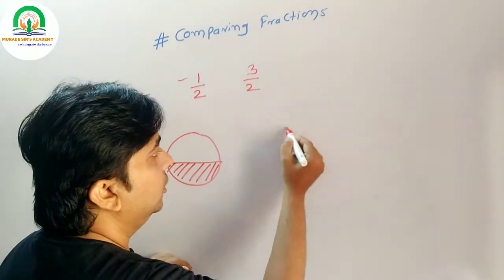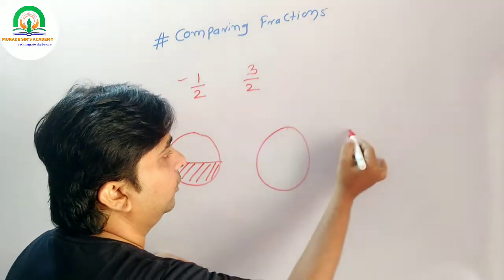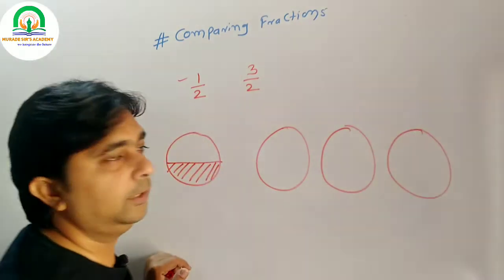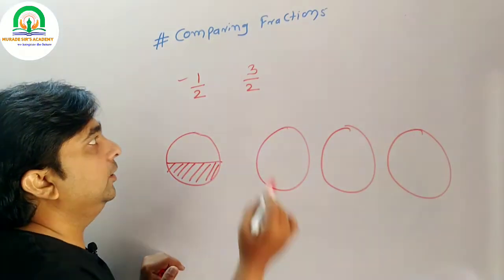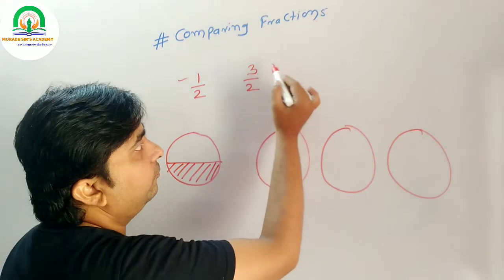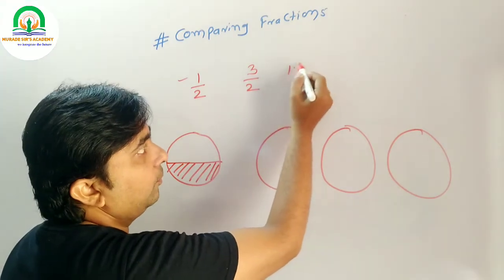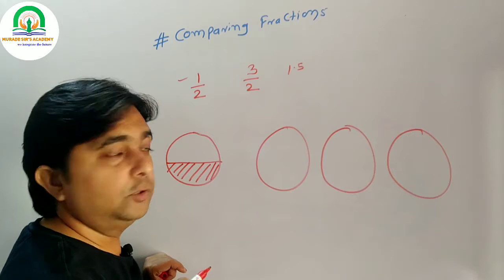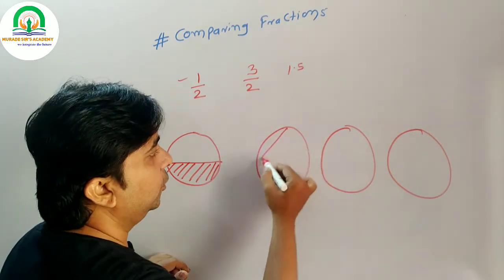And here you have been given 3 rotis. From that, half of 3 means 1 and a half. Half of 3 means you eat this whole roti first,